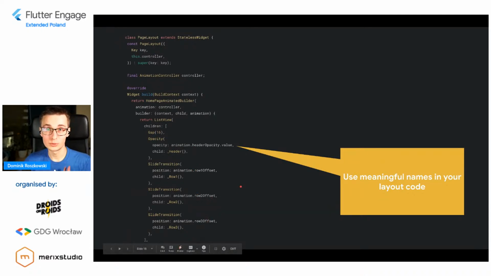So you don't have to think a lot. What property do I need to use? You don't have clutter in your code. You can extract this class to some other file and test it in isolation. So if you have some kind of specification from your designer, so that for the second 00,